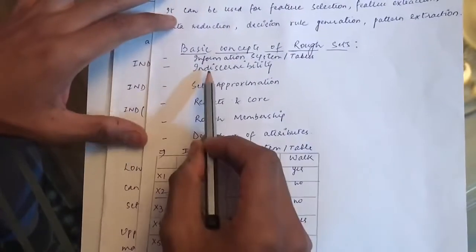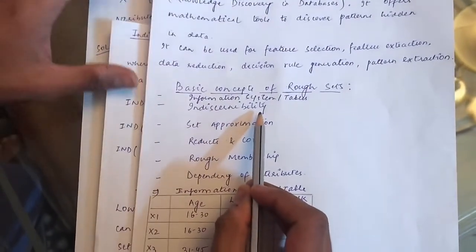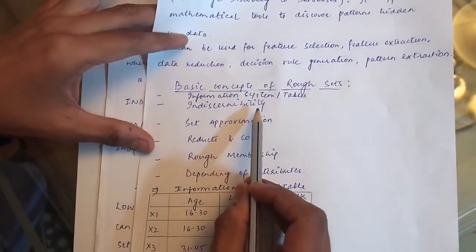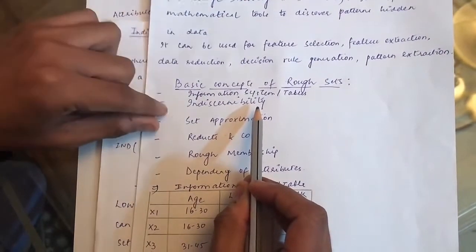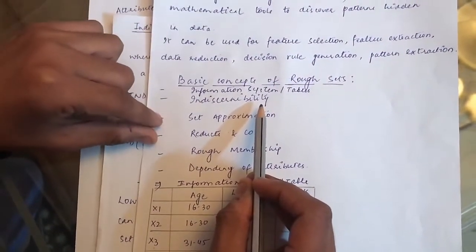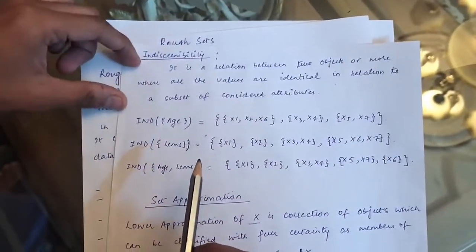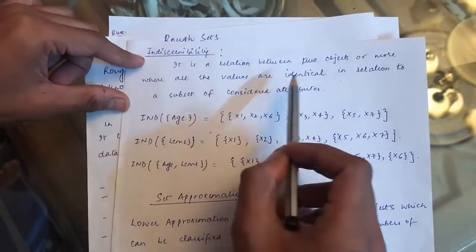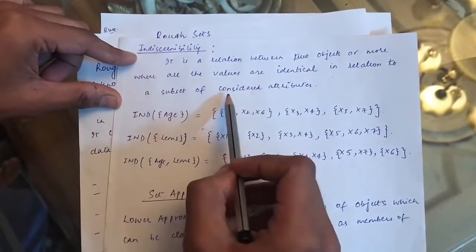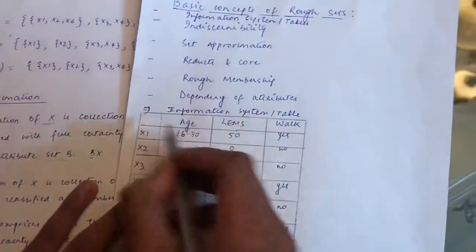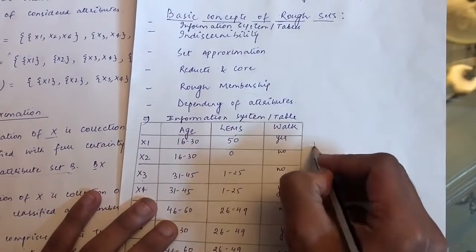Okay, so let us see what indiscriminability is. Indiscriminability is the central concept in rough sets, because using indiscriminability only we'll be able to do questions related to set approximation. So indiscriminability is a relation between two objects or more where all the values are identical in relation to a subset of considered attributes. Okay, so for example, if in the given question we try to find out indiscriminability of age, then